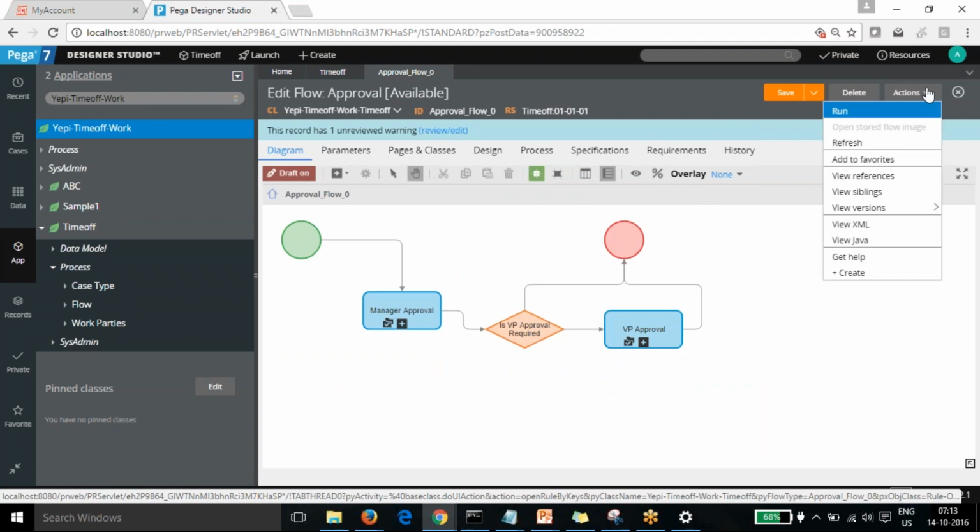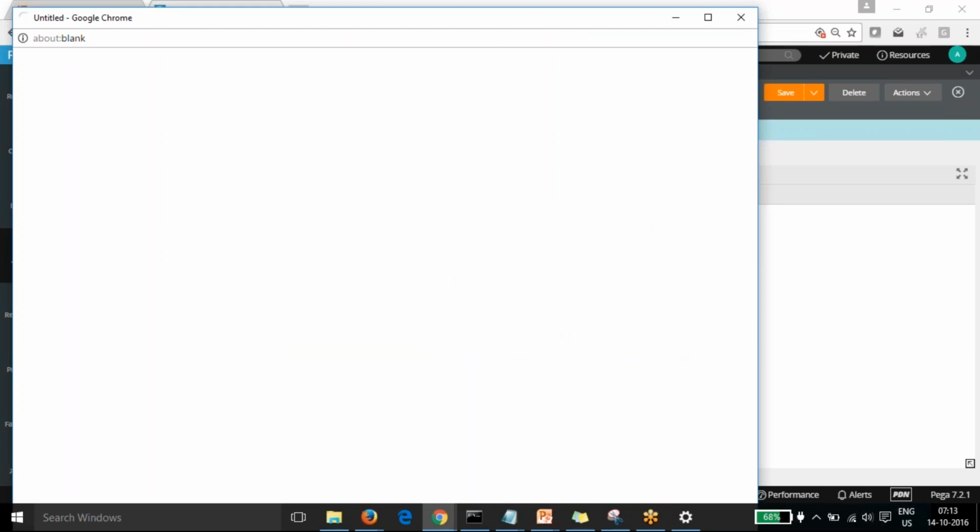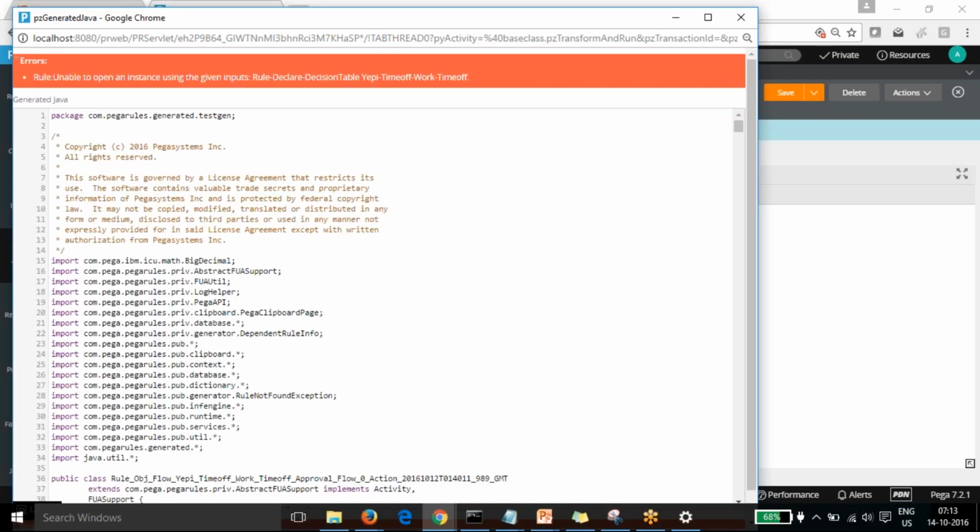You can see this in the actions tab of any rule. In the flow, you can see the Java of it. If you click on view Java, you can see the complete Java which is getting written for this part. Everything is automated, so it will show you what code was generated.